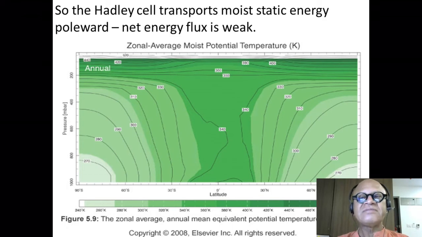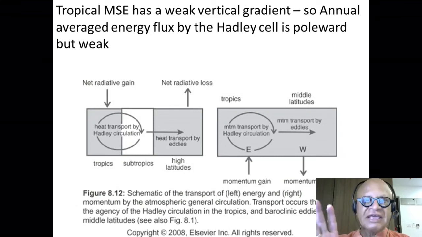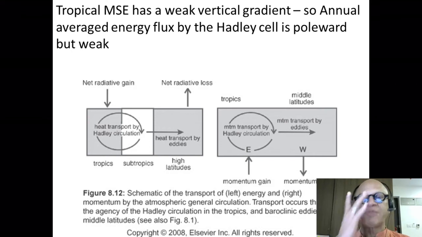So the Hadley cell basically transports moist static energy poleward, but the net energy flux is very weak if we integrate that equation. Kinetic energy terms are very small. Just remember that as well. Okay, so tropical moist static energy has a weak vertical gradient, so annually averaged energy flux by the Hadley cell is poleward,